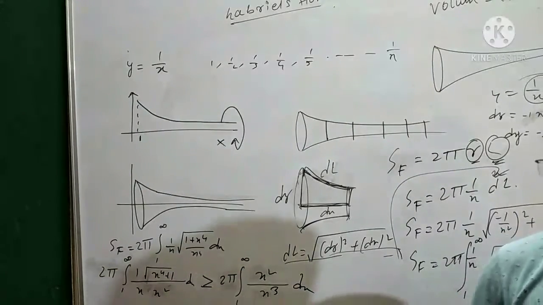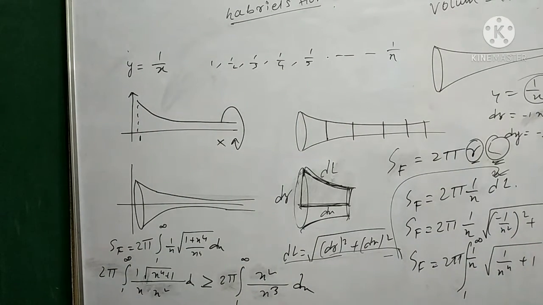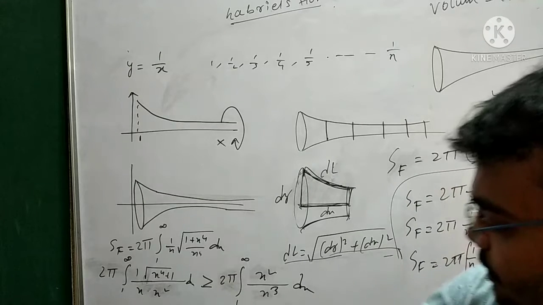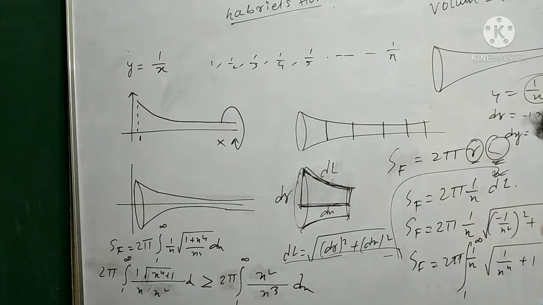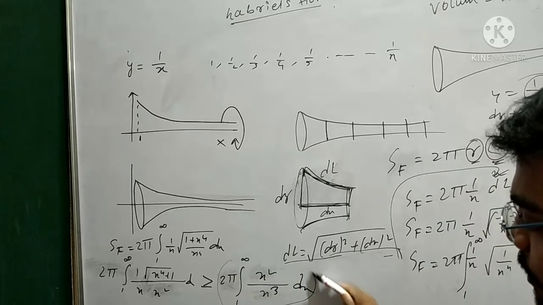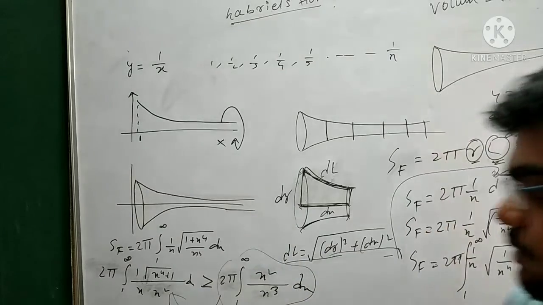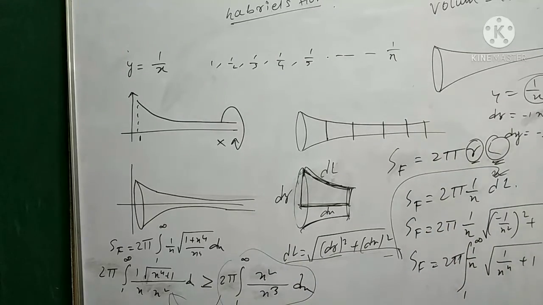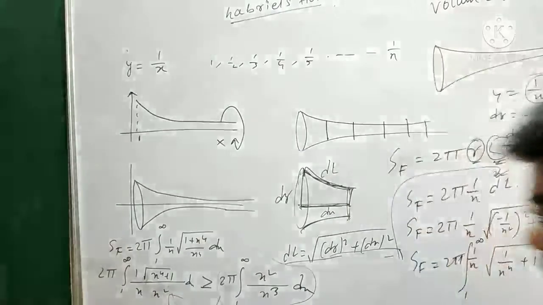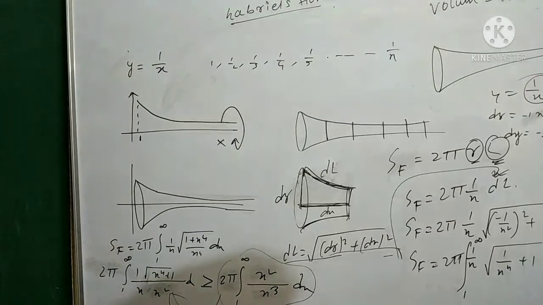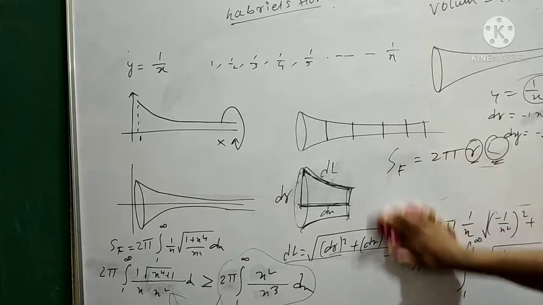So I'm just using the inequality concepts here. See, this term is always greater than or equal to this term. So if we finally calculate this one, then we will easily find this one, because it is always greater than or equal to this one. So now if I calculate here,